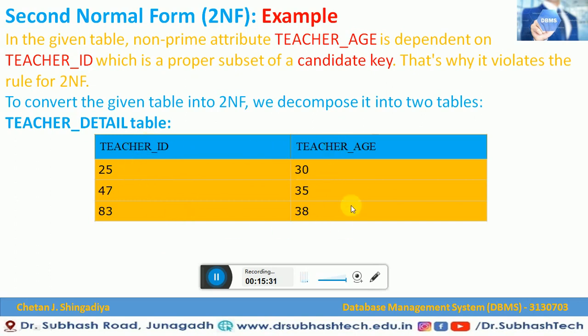So now you can see that in this table both the properties of first normal form and second normal form are satisfied. Why? Because there are no composite attributes and no multi-valued attributes in this table, only single-valued attributes exist. There are no non-prime attributes dependent on part of the primary key. So these are the things that we have to think about.